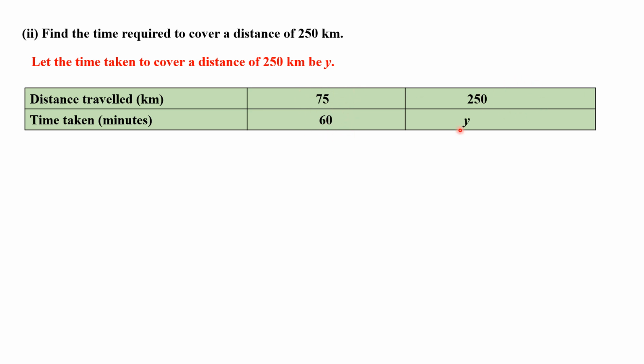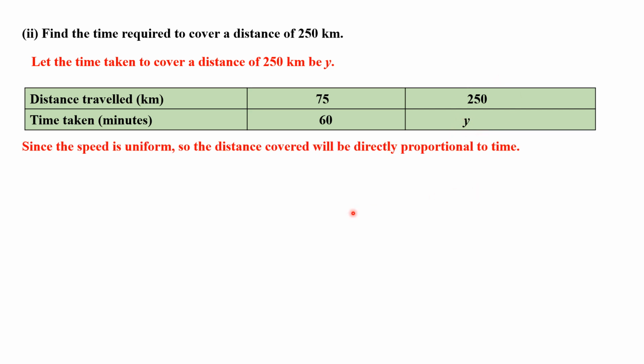You have to find how much time it will take to cover a distance of 250 kilometer, right? Again, as they are directly proportional to each other, their ratio will be equal. So I will write 75 by 60 will be equal to 250 by y, and I'm going to cross multiply. So 75 into y will be equal to 250 into 60, and y will be equal to